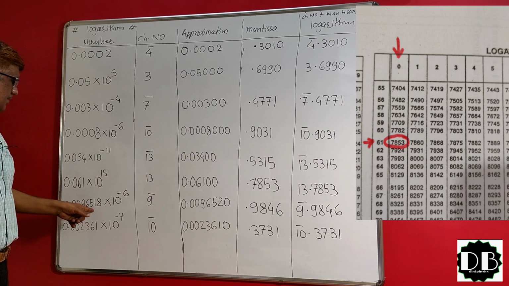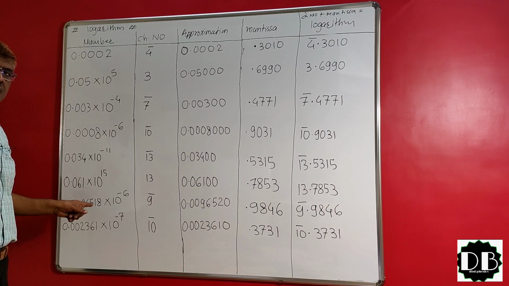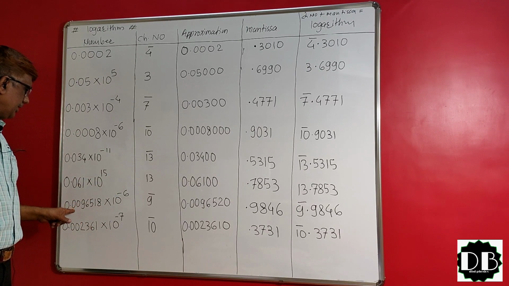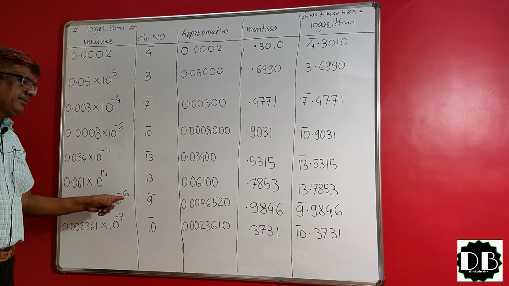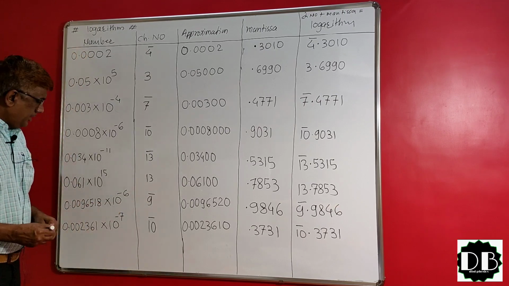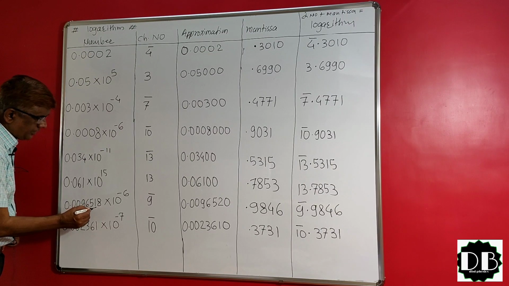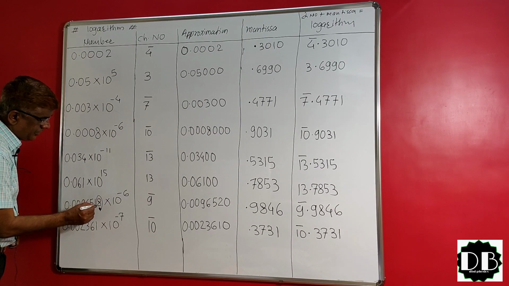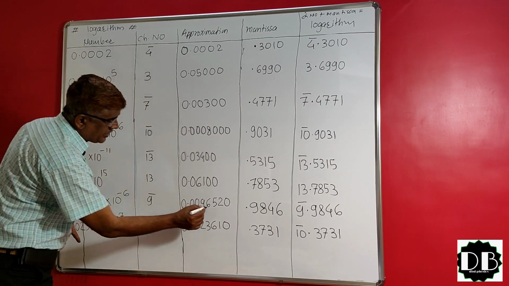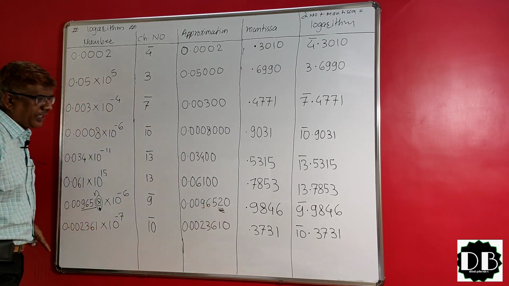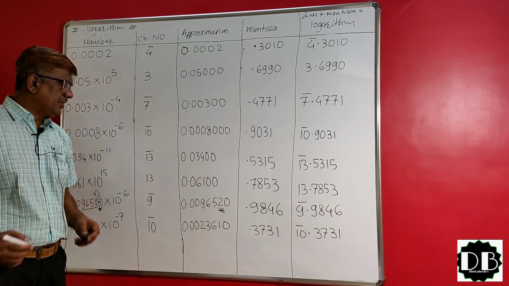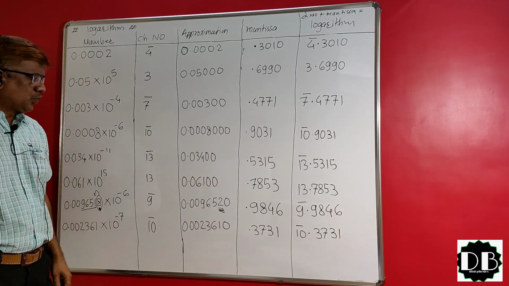After that, there is 96518, that is 0.0096518 into 10 raised to minus 6. First bring out the character number, that is very important. The character number is bar 3, bar 6, bar 9. Approximation is required here. You can see that these are the 4 digits, and this is the 5th digit. This 5th digit is greater than 5, so in the 4th digit we add 1. That's why instead of 1 we write 2, and instead of 8 and further numbers we write 0. That's why we have the approximation 9652.